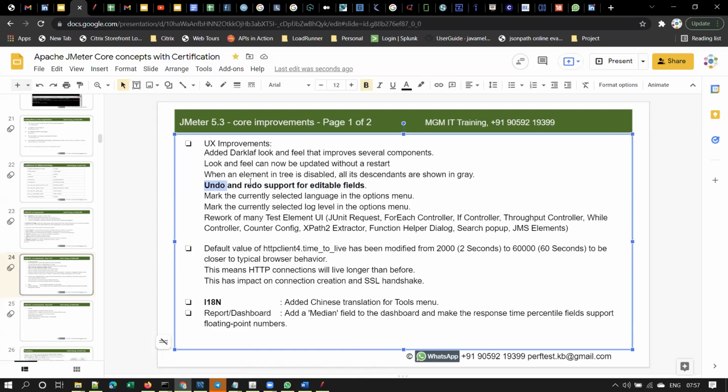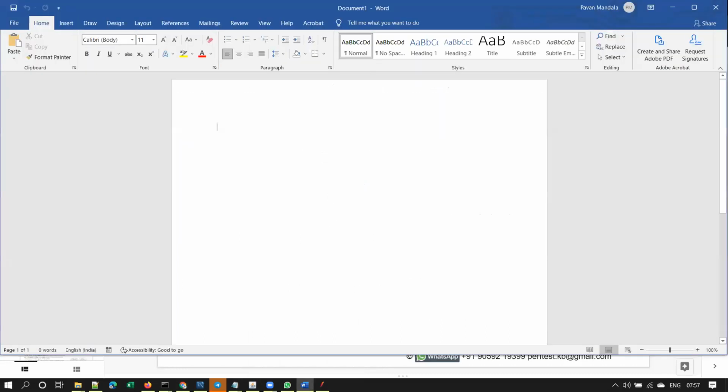Undo means, suppose you type something in a Word document, and you use Control Z, that is undo. If you use Control Y, that is redo, meaning you have reverted back, and now you want to get back whatever you typed. Then you use Control Y. So that is undo and redo.